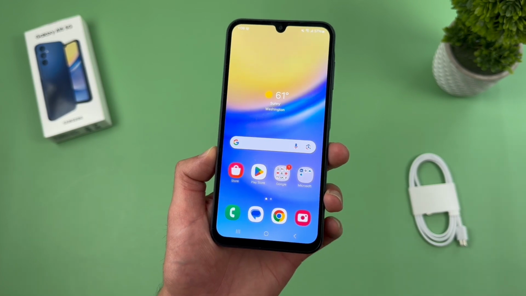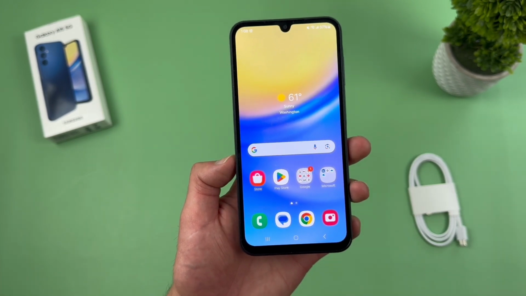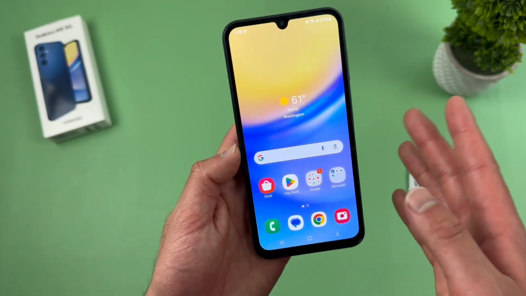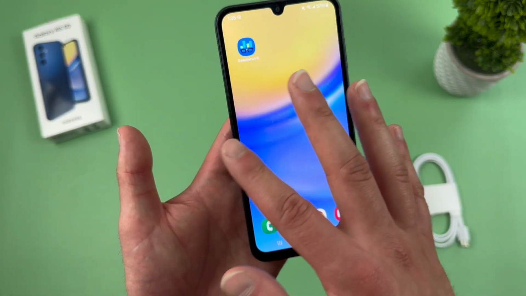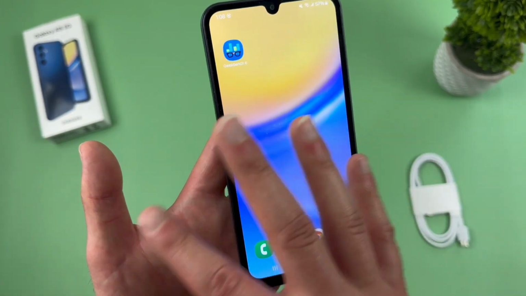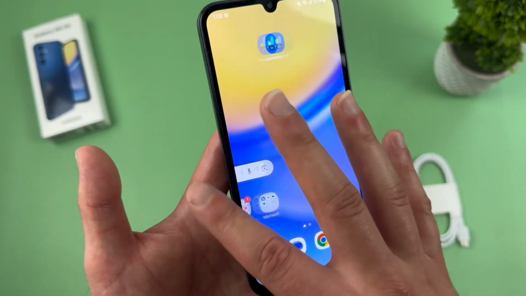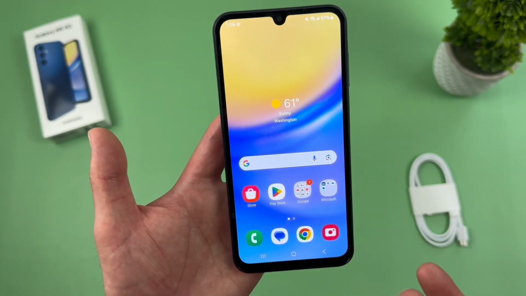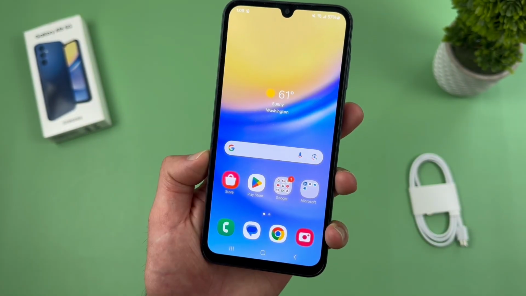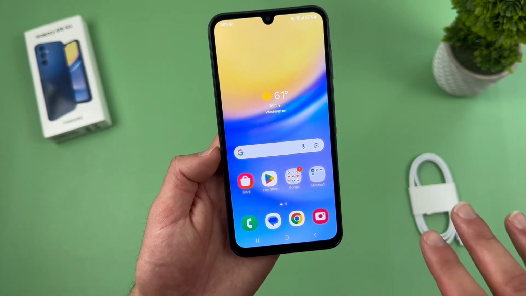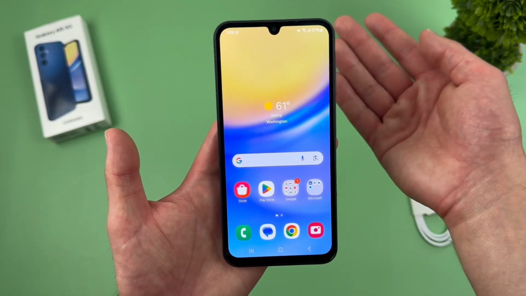The next thing I'm going to show you is how to change your display refresh rate. Now, in case you don't know, with the Samsung Galaxy A15 5G, we are getting a 90Hz refresh rate, which is going to make the screen a bit faster and smoother, or the movement on the screen that is. So I don't know if you can really tell in this video, but the movement is real nice, and in general, having a slightly higher refresh rate like this is going to make the phone feel a bit more premium to use. But if you're really trying to conserve battery life, you might want to change it back to 60 Hz. Now luckily with this phone we do have this option, and to do this, all you have to do